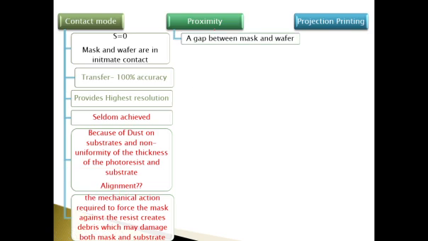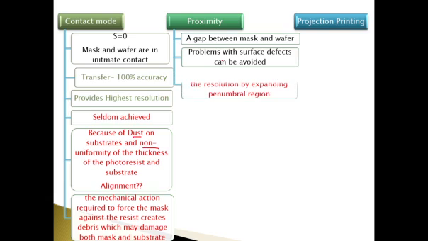In proximity, the mask is kept at a small gap. There is a very small gap between the mask and the wafer, close to the photoresist film. So the problem of dust and non-uniformity in the surface will not affect the pattern formation, but there is a problem. Increasing the gap will degrade the resolution of the features, because if you have a substrate over which a photoresist coating is there,